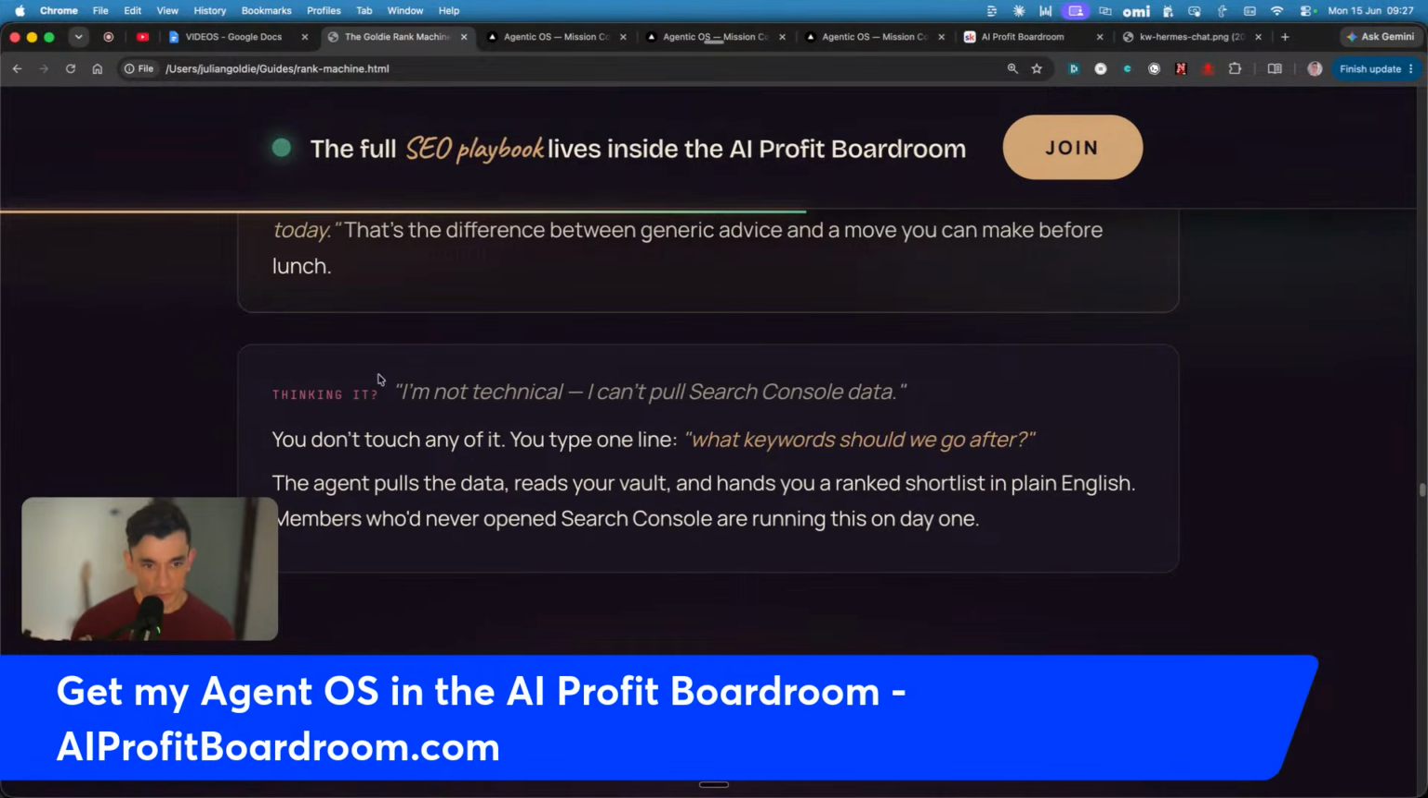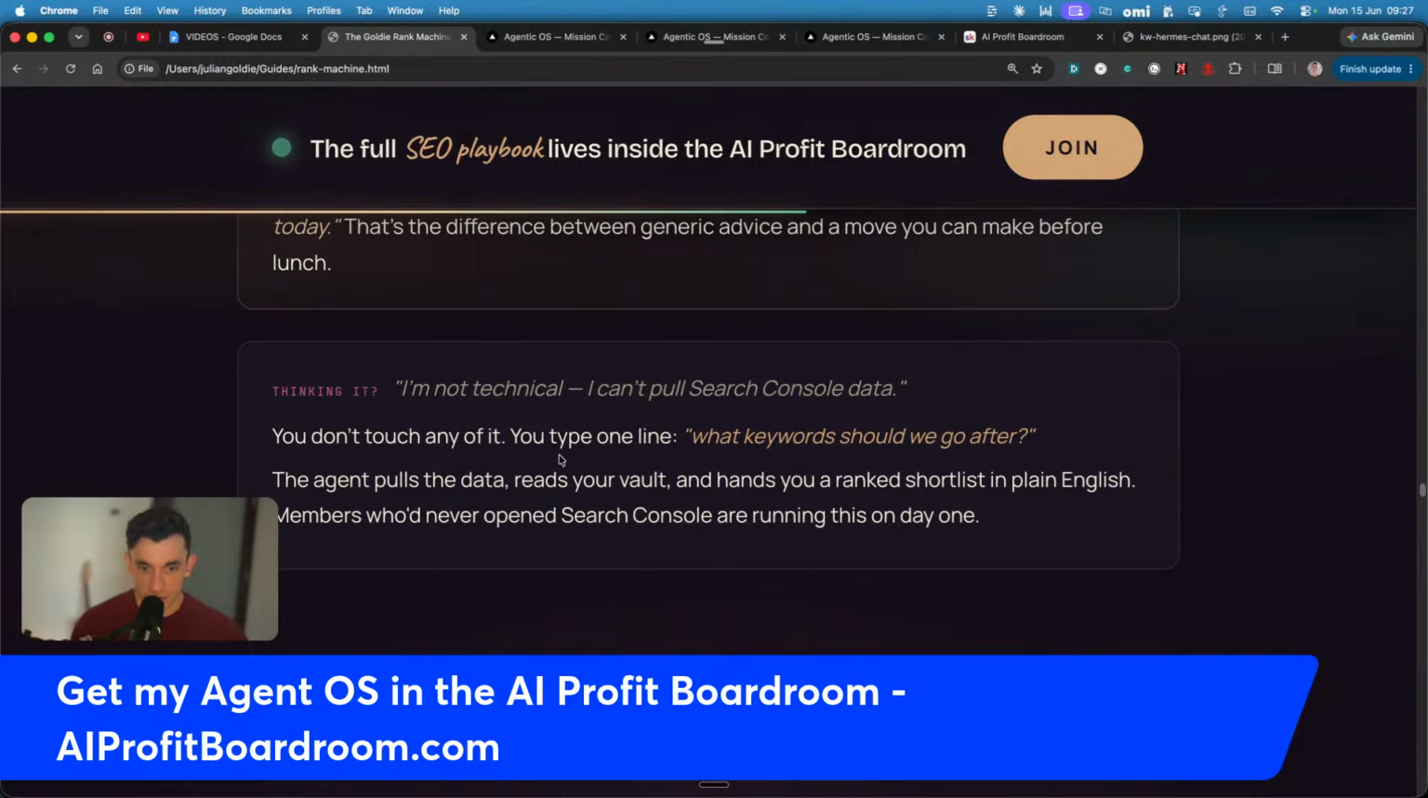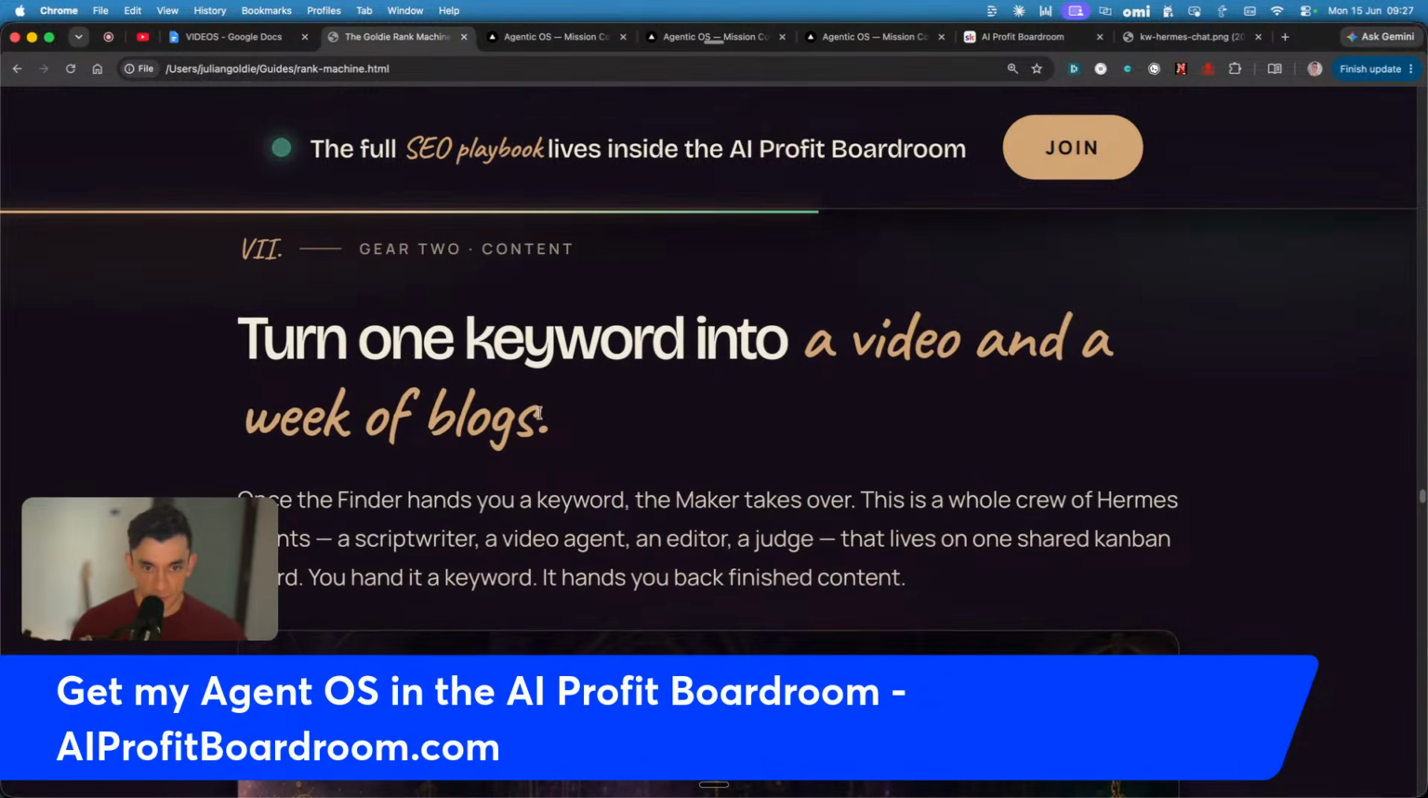Also, you might say, well, I'm not technical. I can't pull the Google Search Console data. You don't actually touch any of it. You just type in one line. So, for example, what keywords should we go after? And the agent can read your vault, your data, your Google Search Console, and go from there. Next up,